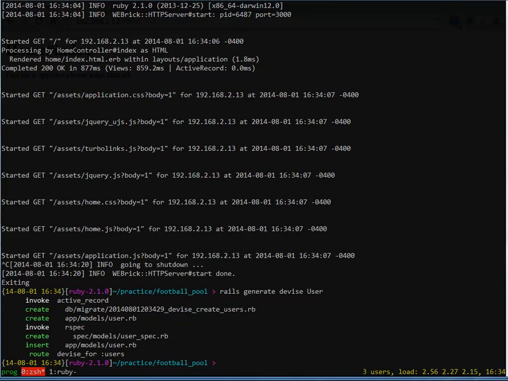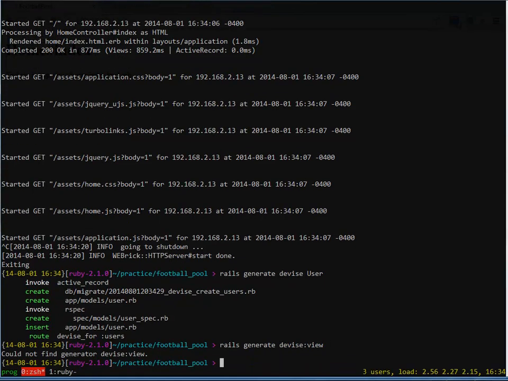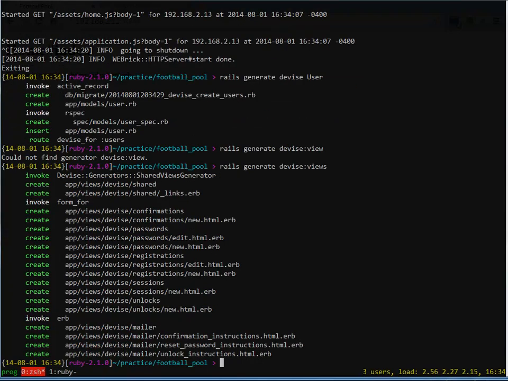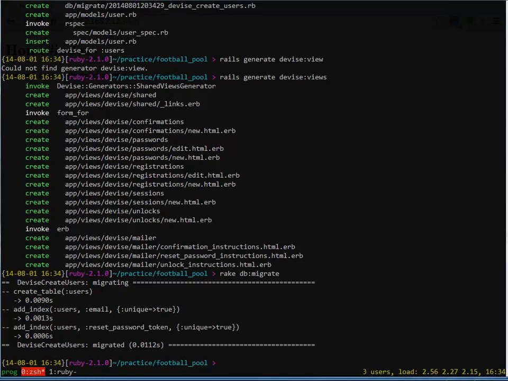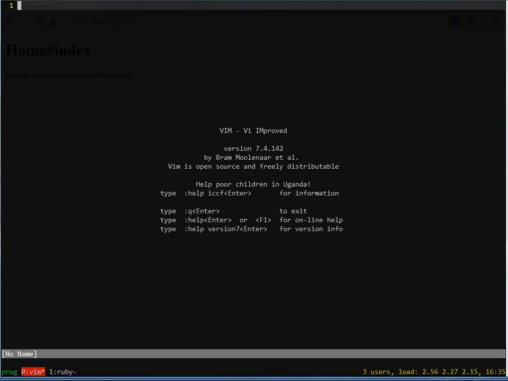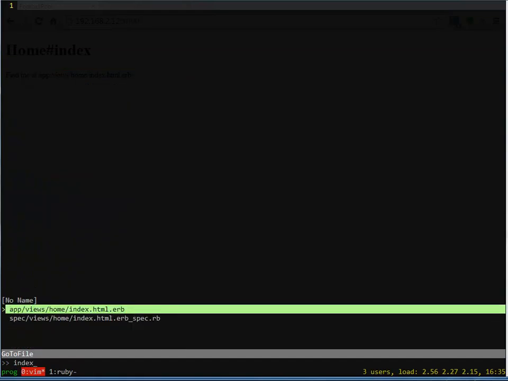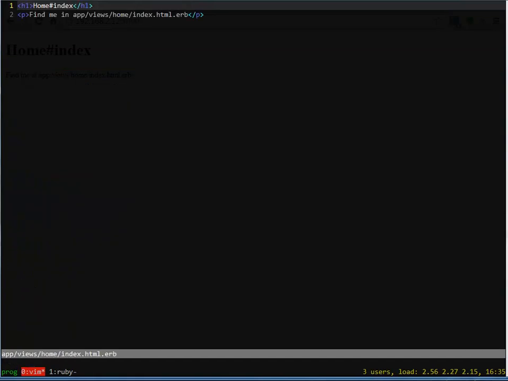And let's create Devise views. And lastly, I'm going to rake db migrate to create the Devise users table, or that the users table that Devise creates for us. And if we go back, you'll notice, actually first let's go to the index, the home index, and